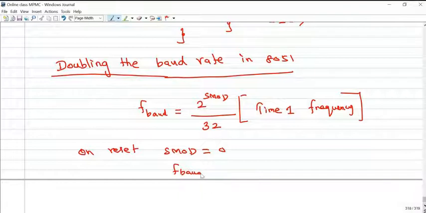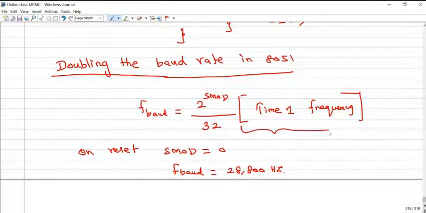So we got 28,800 so far. This frequency is nothing but your machine cycle frequency, that is 921.6 kilohertz, oscillator frequency divided by 12. So this is what we discussed so far.